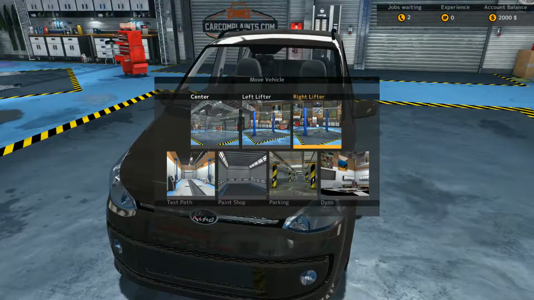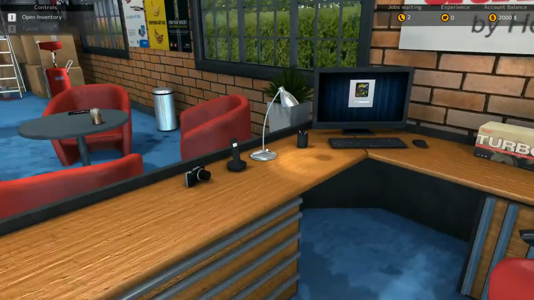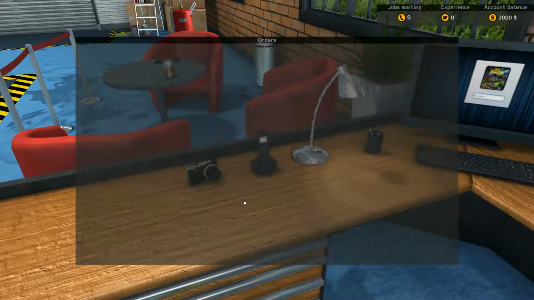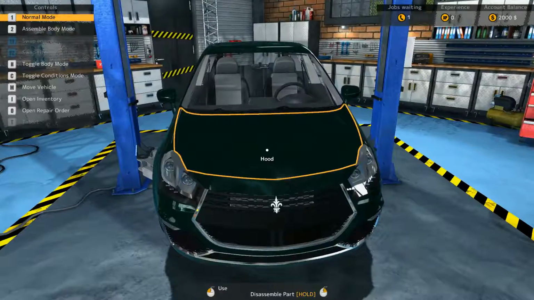Actually, let's go ahead and put it on the right lift, so when we get another job, we can take these 2 jobs here and decline both of them. So now we have an empty queue. We can wait for more phone calls to come in. So this one here,